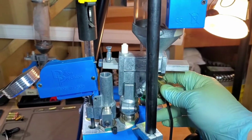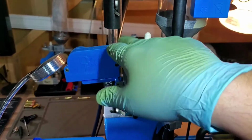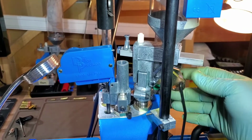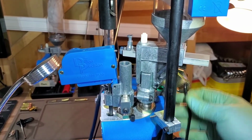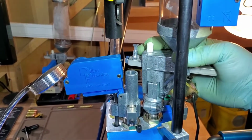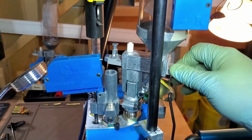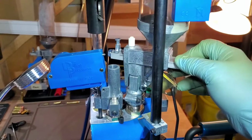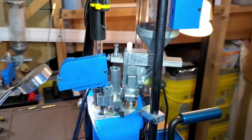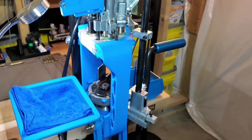And there's some solutions. Obviously you get rid of your powder check, and move your bullet feed over to station 3. You could eliminate the powder safe, fail safe rod, and use maybe springs or rubber bands to bring this powder bar back after it goes up. And then you can move it in any direction that you want. So I didn't like that. That was kind of a pain. So anyway,